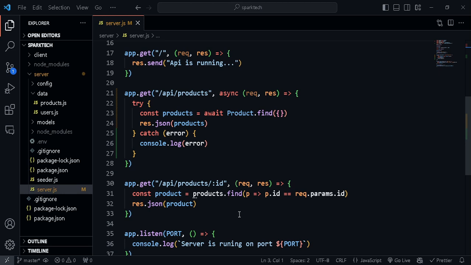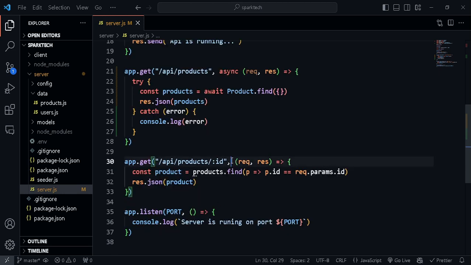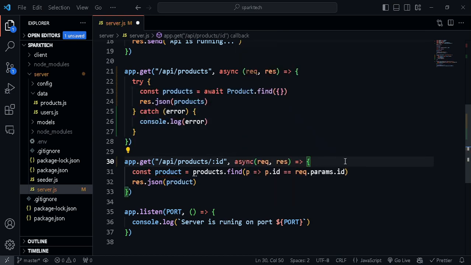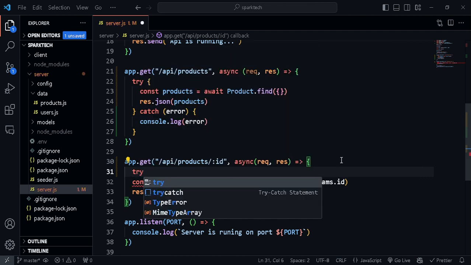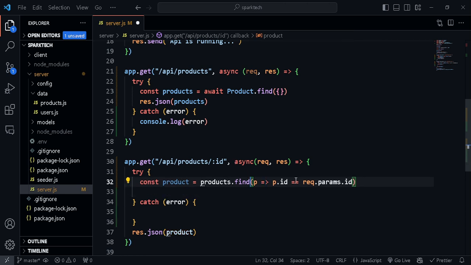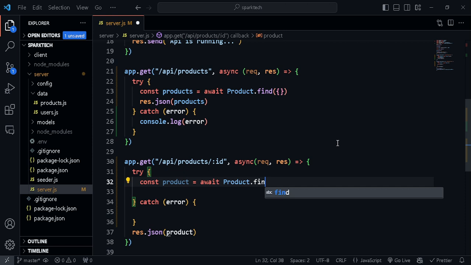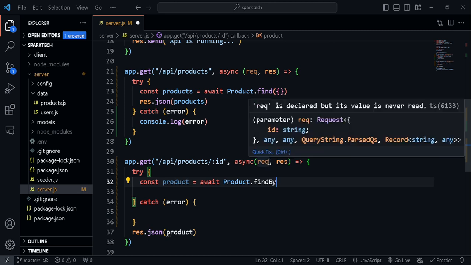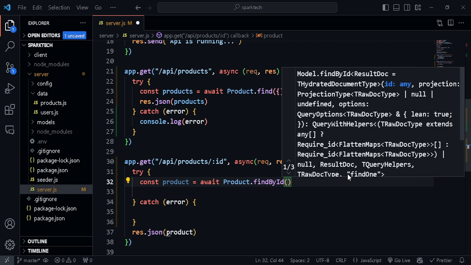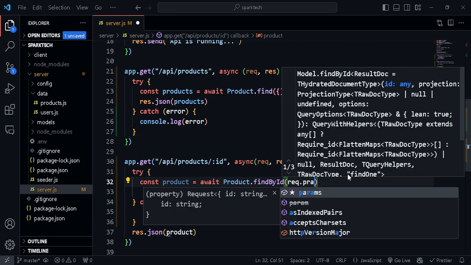In order to fetch a specific product, for that again I'm going to make this function asynchronous, async, and open my try catch block. Here I am just going to put this on top, and instead of fetching it from the products.js file, we are going to await Product.find, and this time it is findById. So we are finding by the id which is coming from the request parameter. All right, so findById, and we are going to find based on the request.params